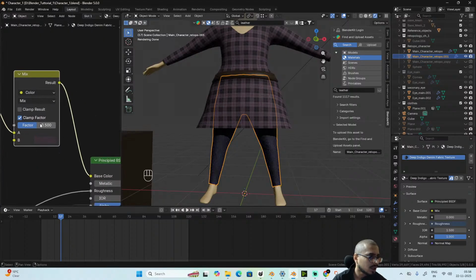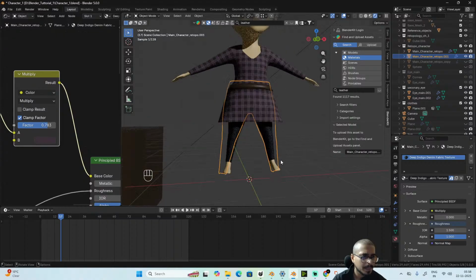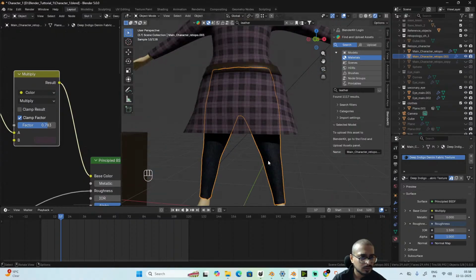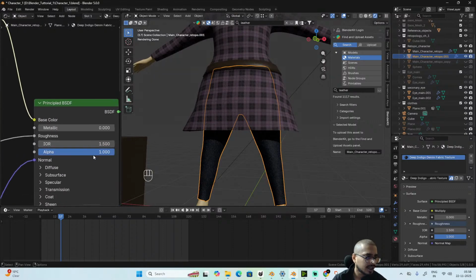Okay, and we can simply increase the factor, or can we just multiply it? Yes, we can do that too. And I want to increase the alpha of it, like it should be like